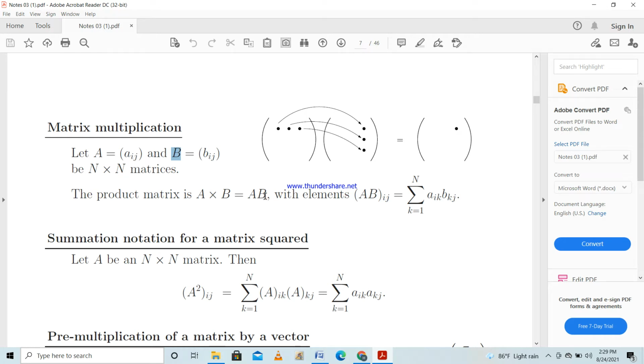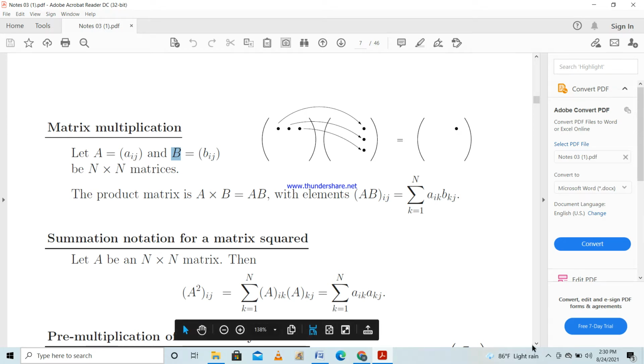So the product we can write as AB, and when you take the product, what you have to do is multiply all the values in the first row by the first column and obtain the value of the element of the first row first column, and then you have to take the first row second column, likewise. So for that you can write Aik multiplied by Bkj and take the summation, right? I know you know how to multiply two matrices, just to refresh your knowledge.